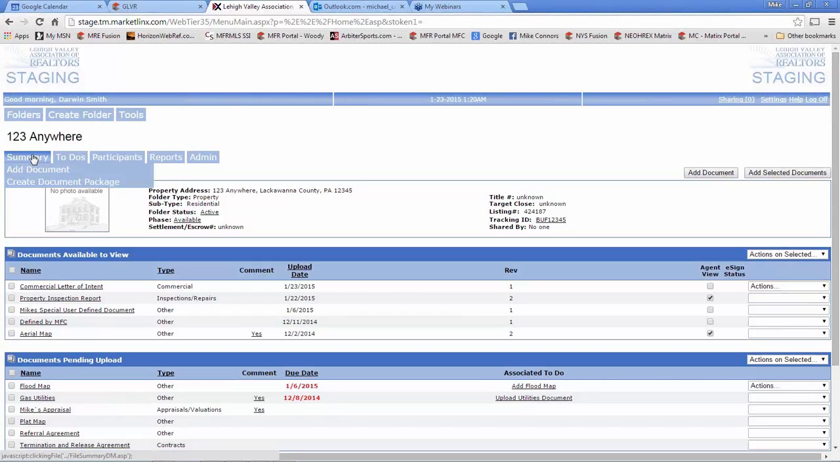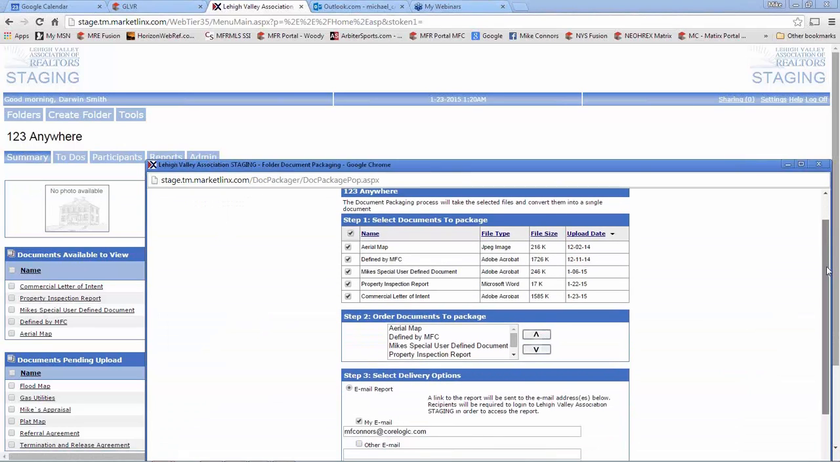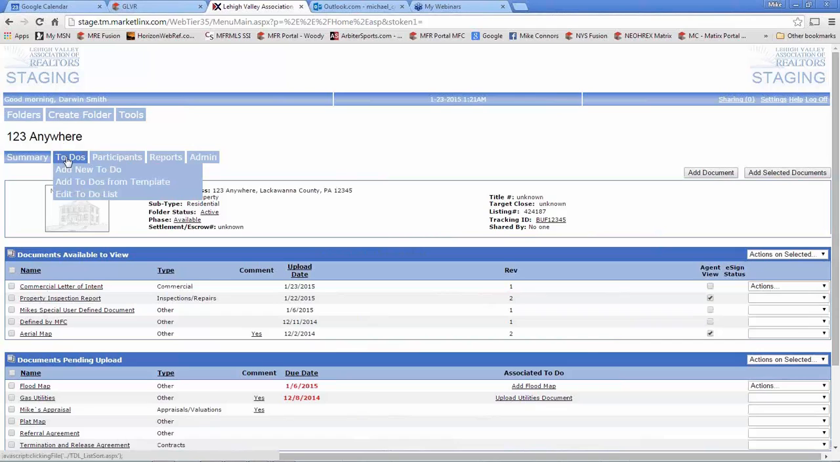Okay, so under this summary page, I can add a document here under the summary option. I can create a document package if I want to. If I want to create a document package, I can bundle any of the existing documents into one document. You have a to-do list, as I had mentioned earlier, so I can add a new to-do